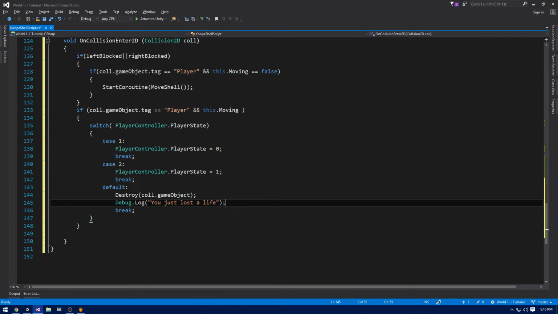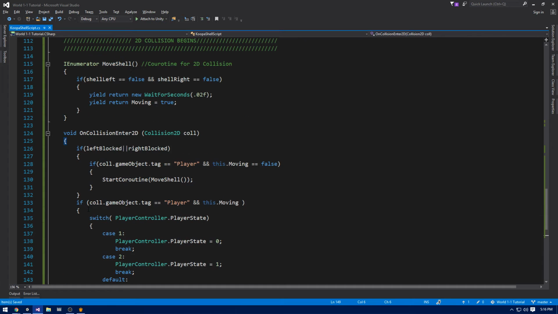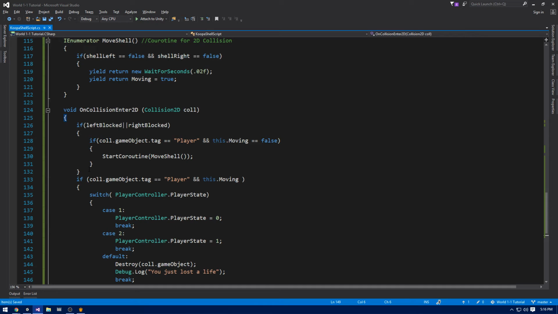We're obviously going to have to implement some method that makes sure that the number of lives is still greater than 0. If not, then a game over occurs. But for the purposes of this tutorial, we are not quite there yet. What we want to do is make sure that what we have defined in our Koopa Shell's algorithm of checking whether or not the shell is blocked, and if it is blocked, making sure that the collision of the player is detected, as well as this,